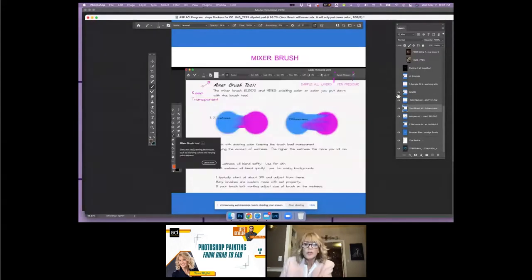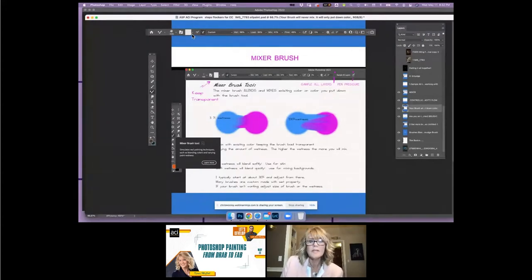Brushes, mixer brush. When you click the mixer brush tool, which has the little paint daub on it, you'll notice that your panel changes again. How I learned how to paint was having this on a transparent layer. This is your color, your paint wheel, your paint daub. You can change it. You can load paint. You can keep it transparent. I keep it transparent, and I choose to mix with the colors that are in my painting or in my